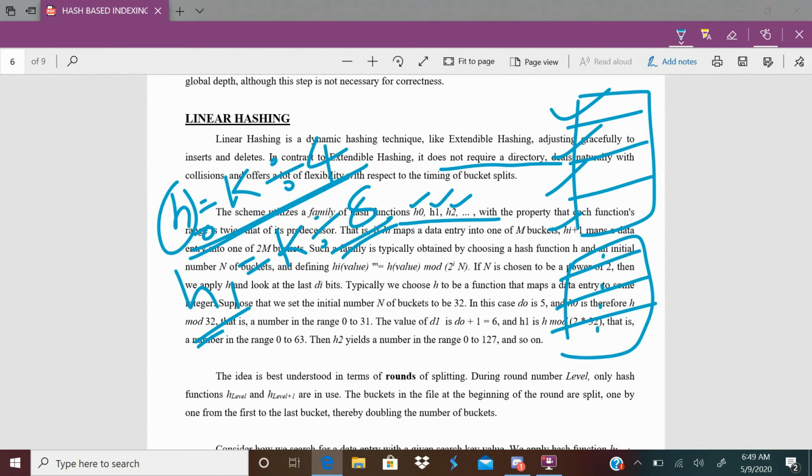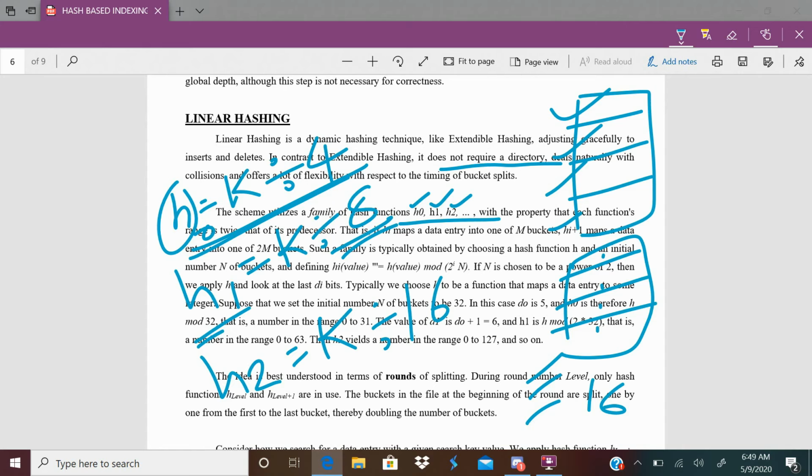Again, if overflow comes, the number of buckets is going to be increased to 16, meaning h2 will be k mod 16. I hope you understand. So the number of data pages is doubling. As soon as the number of data pages doubles, it uses a different hash function. That is the concept of linear hashing.